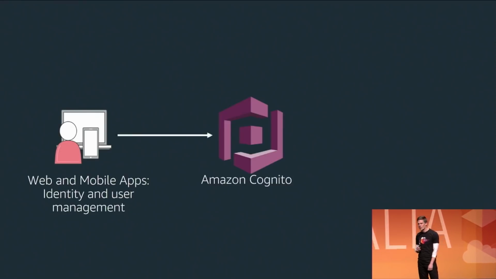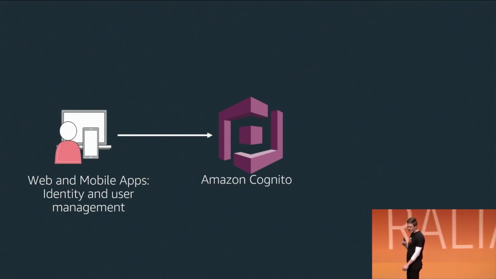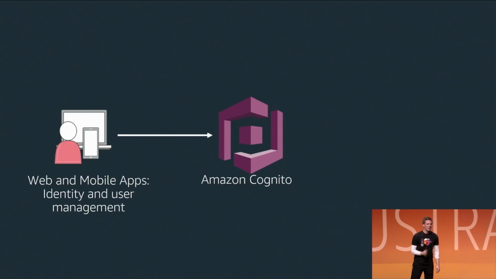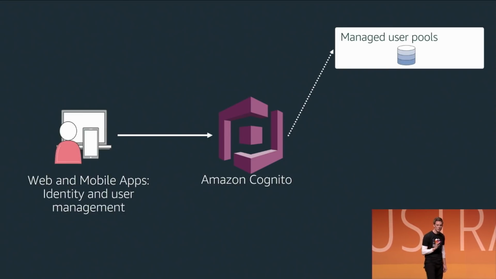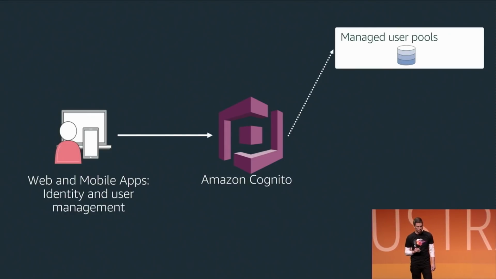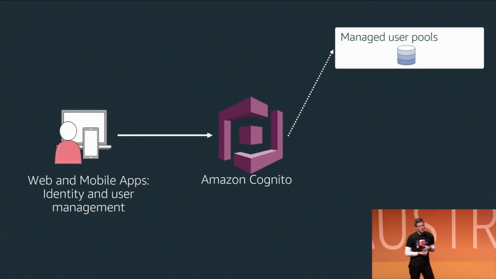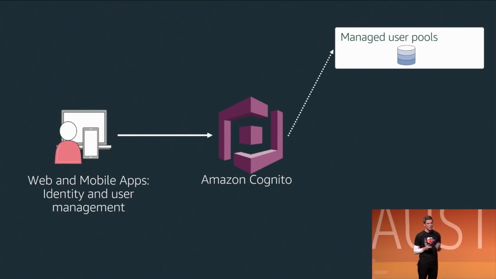Enter Cognito. We now have the ability, fully managed, to manage millions of users across both our web and mobile applications. So what does this consist of? We've got a couple of major components to work with. First is our managed user pools, a fully managed system of record for user credentials and profile. We can use a user pool as our single source of truth to manage millions of users in the application, including the full life cycle of user membership.